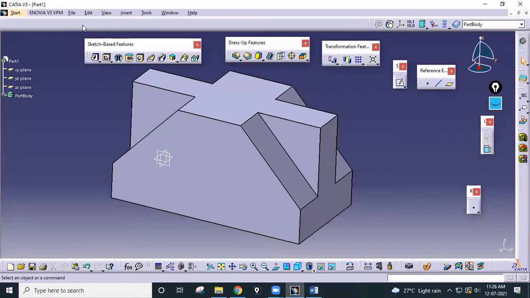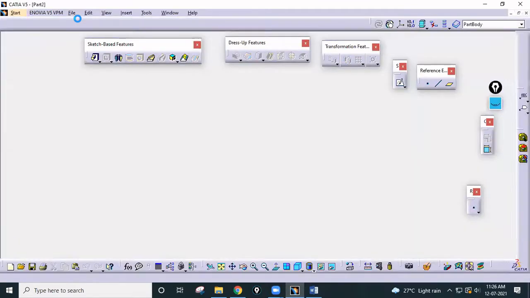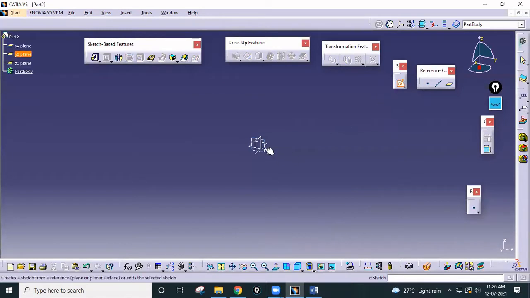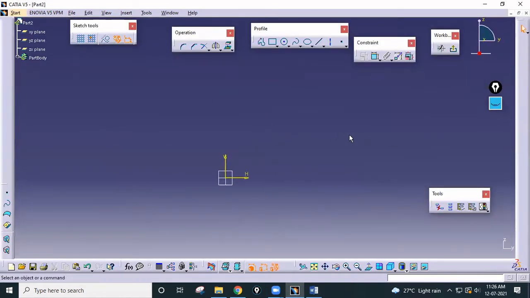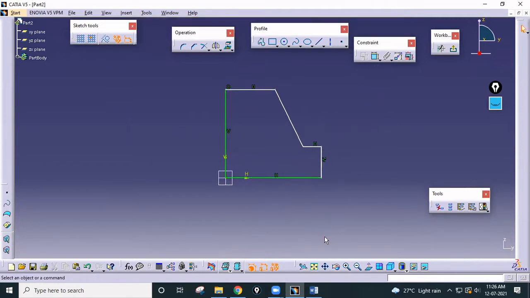Let us start from the Y direction. Here I'm going to start File, New, part 2, Sketch, and it will be like this. Press Escape, and double click on this constraint toolbar.